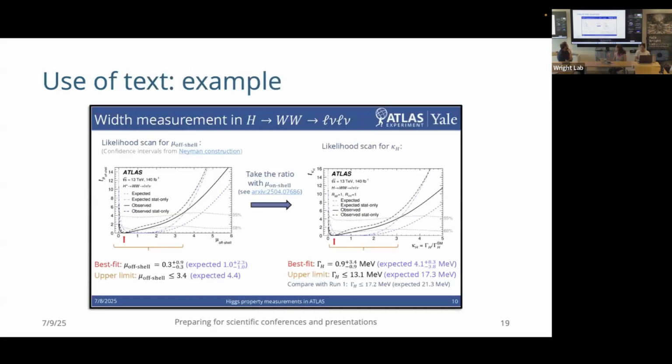So here I've included an example of a slide from the talk I'm going to be presenting next week. I don't have big blocks of text. I just have labels of what is this plot, what is this plot, what are the results. I've color coded based on the annotations I've made to the plots, and I tried to put the important stuff in bigger font sizes, and then smaller for the side notes. Some of these are preferences, but it's just an example of how you can do things.